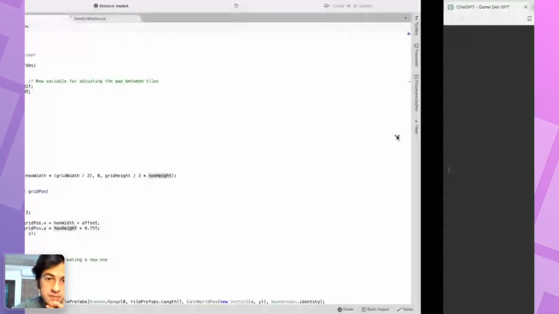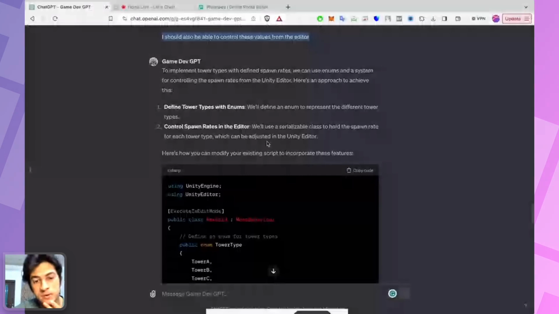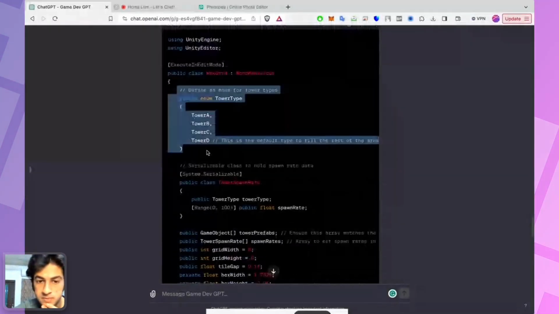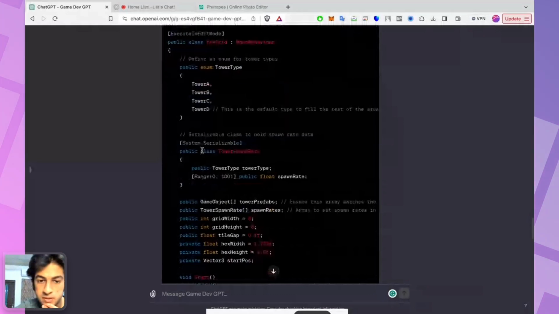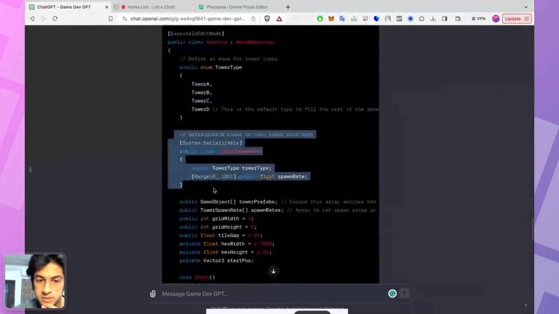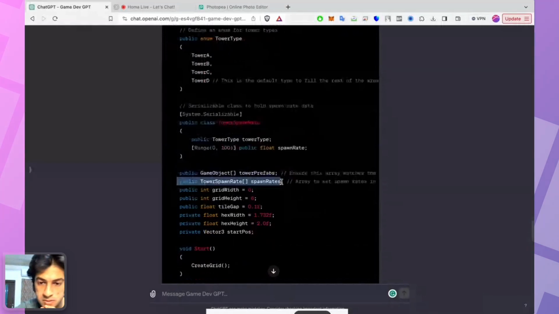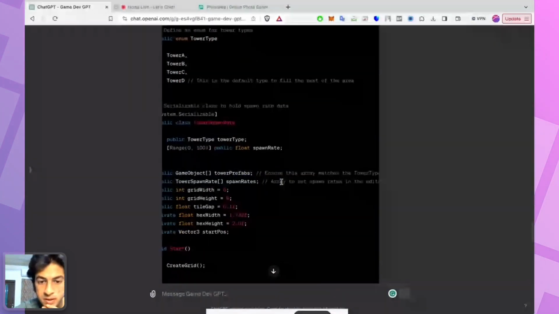All right, so we asked it to define some enums and control spawn rates. What we have here is an enum type tower ABCD, and we have spawn rates per tower type, in percentage values 0 to 100. We have tower prefabs and spawn rate; ensure this array matches the tower type.